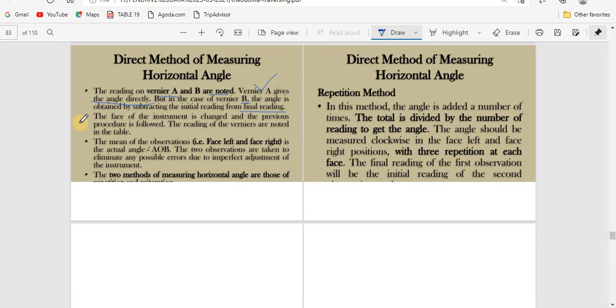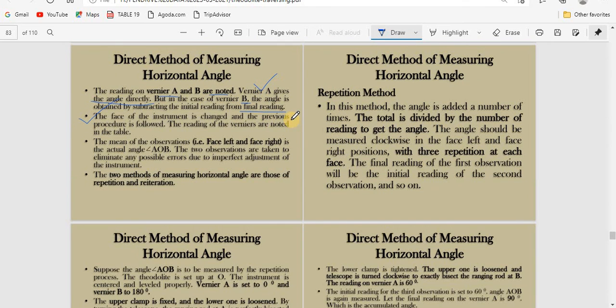Now the face of the instrument is changed and the previous procedure is followed. As I have told you in the previous class, a vertical circle is